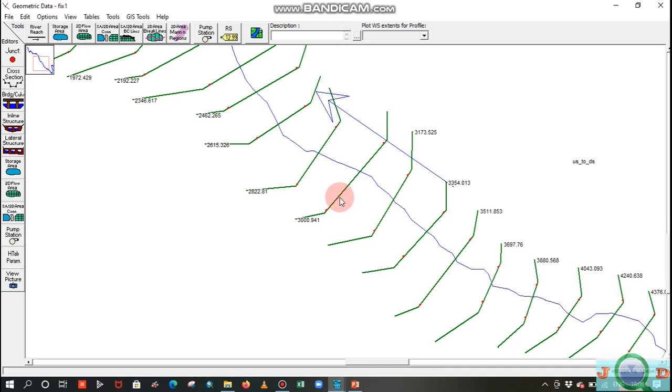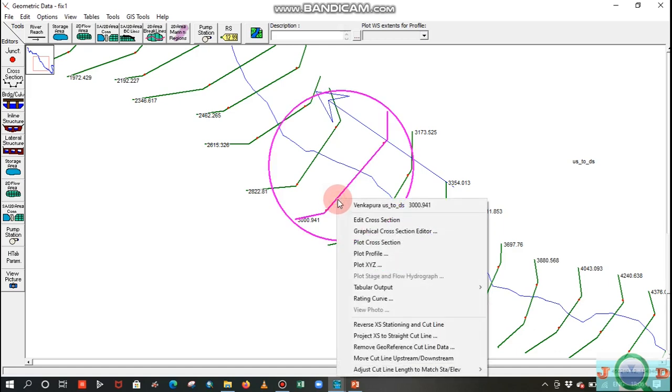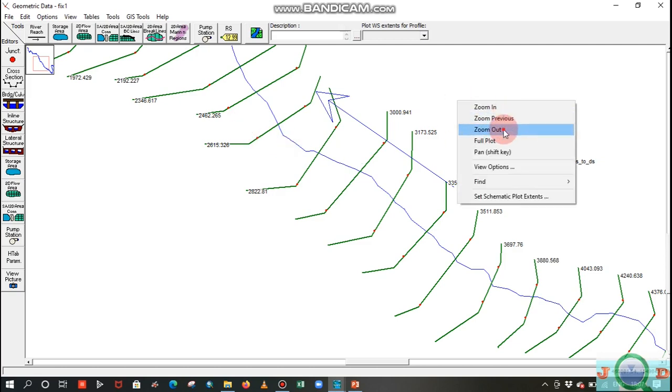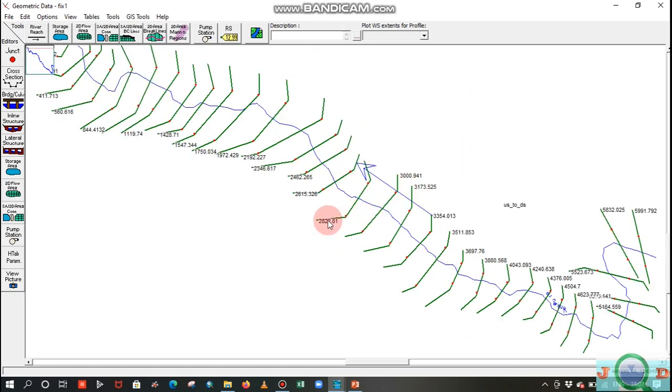I can do that by just selecting it with the left mouse key, and you can see the option Reverse Axis Stationing and Cut Line. Now you can see that the right hand stationing has shifted to the left hand side. Do that for the remaining cross sections. I zoom out and perform the same task for the rest of the cross sections where the stationing is on the right hand side.